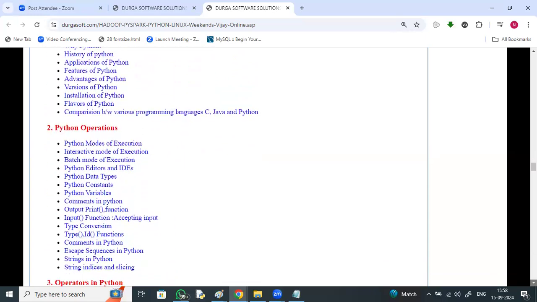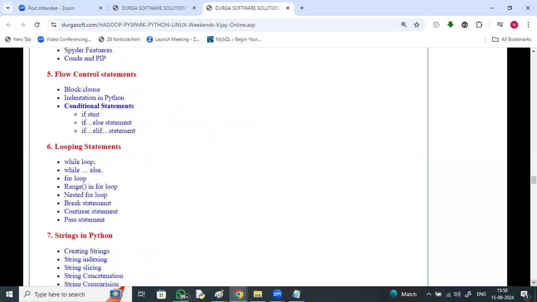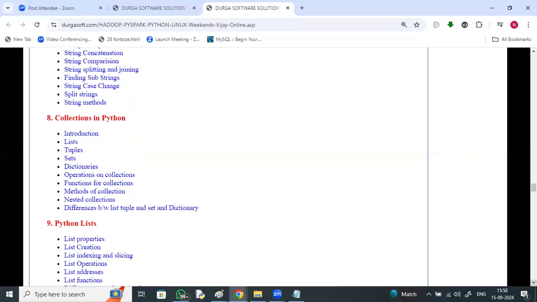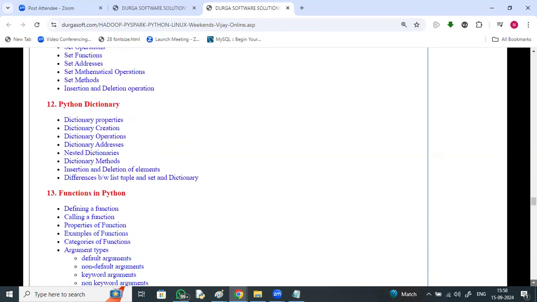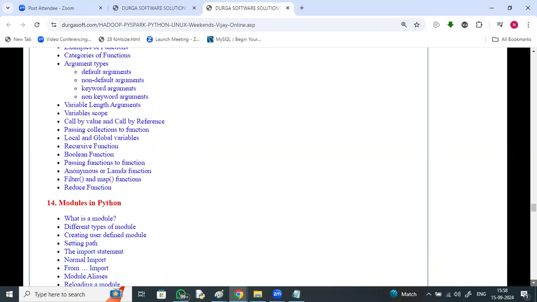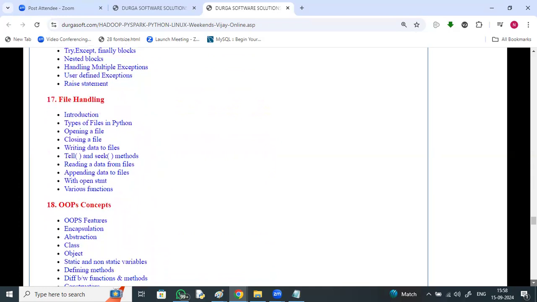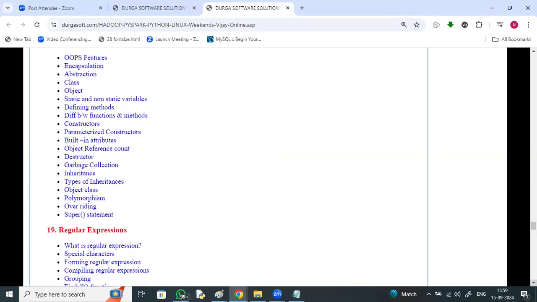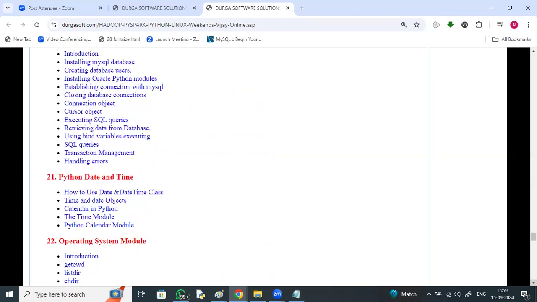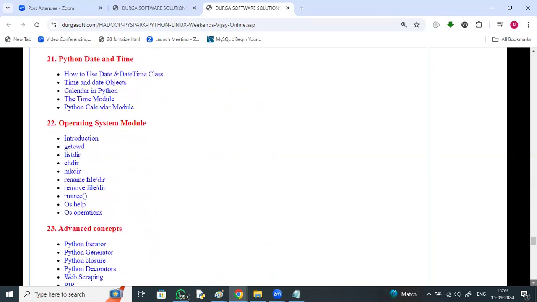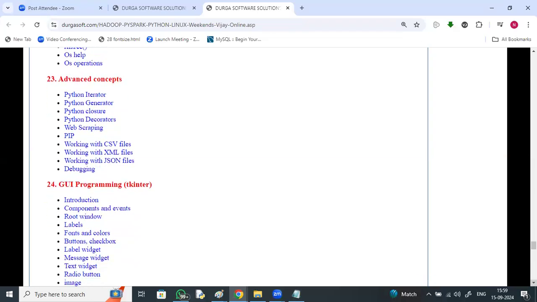Python basics, Python operations, operators in Python, Python IDEs, Python flow control statements, looping statements, strings, collections in Python, lists in Python, Python tuples, Python sets, Python dictionary, functions in Python, modules in Python, right? Packages in Python, errors and exception handling, file handling, object-oriented programming concepts, regular expressions, database access, Python date and time, operating system module, OS module, advanced concepts like iterator, generator, closures, decorators, GUI programming, Tkinter,